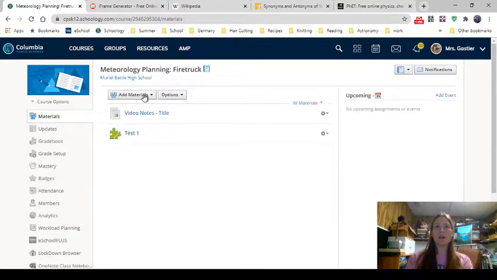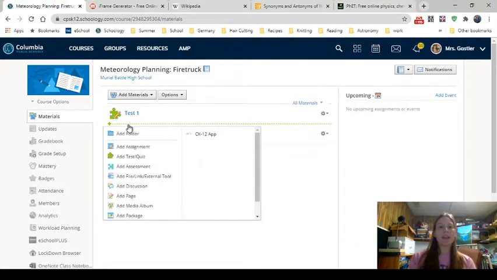Which you can move. The items, they're actually drag and drop. If you click on them, you can put it in a different order, but if you want it to end up here and not have to drag and drop, you just click on that and the little menu comes up. So we're going to add an assignment,